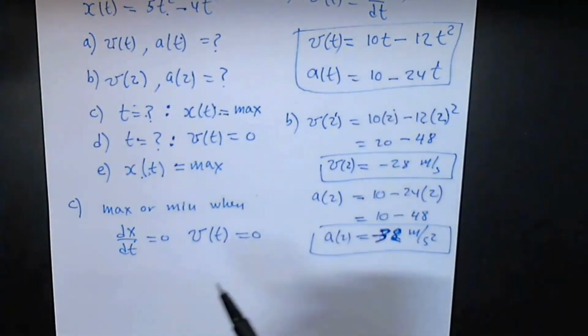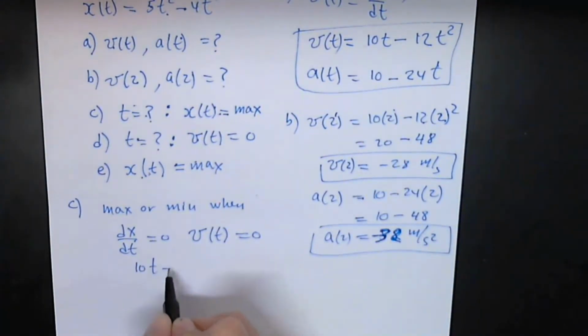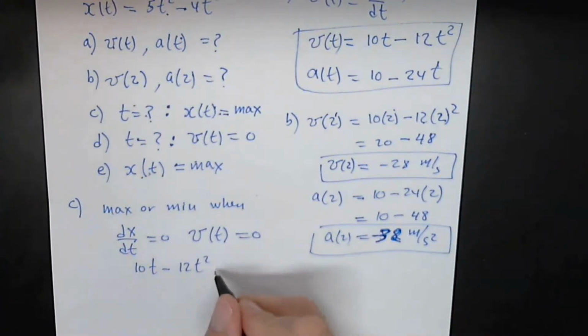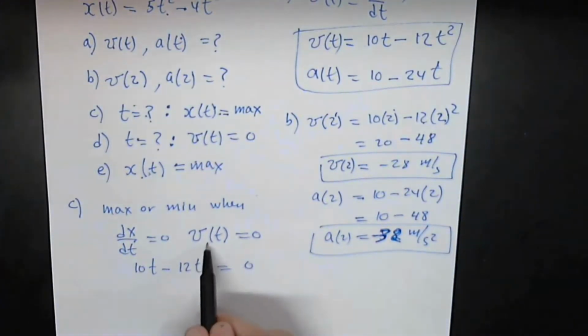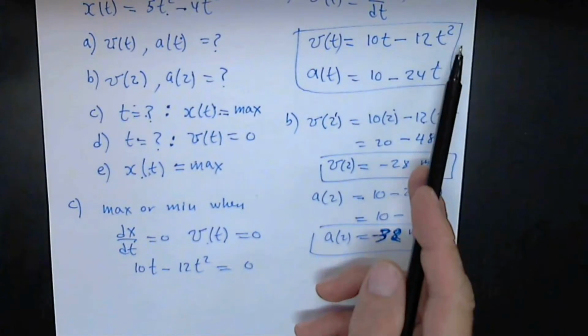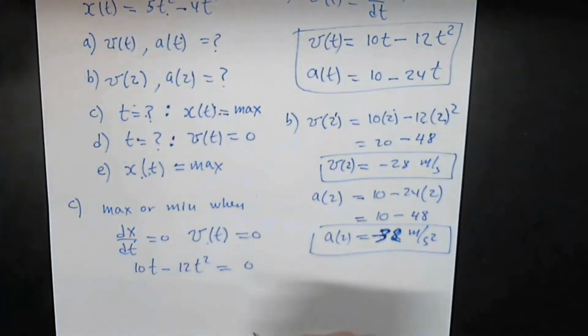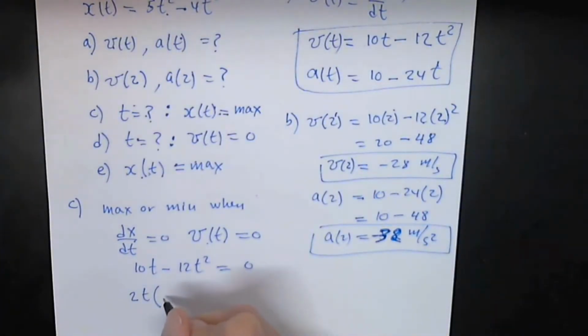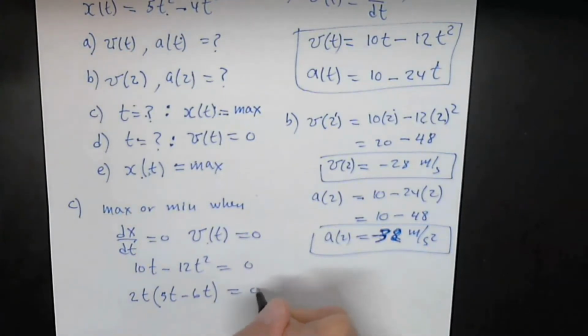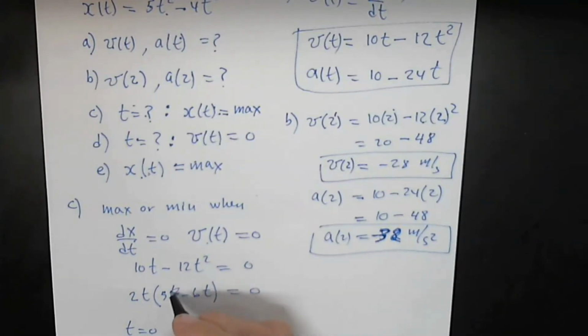So if we have this equation over here, 10t minus 12t squared equals 0, because that's what the velocity is, we take 2t as a common factor, and I get 5 minus 6t equals 0. So I get at time 0, or